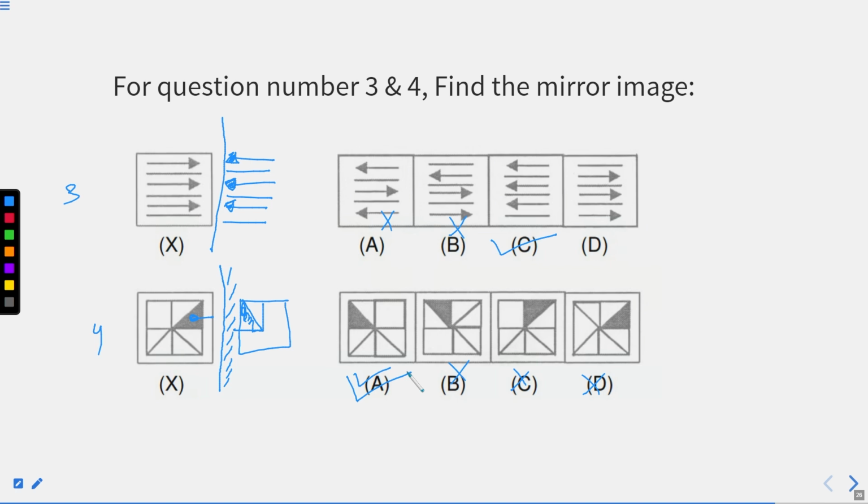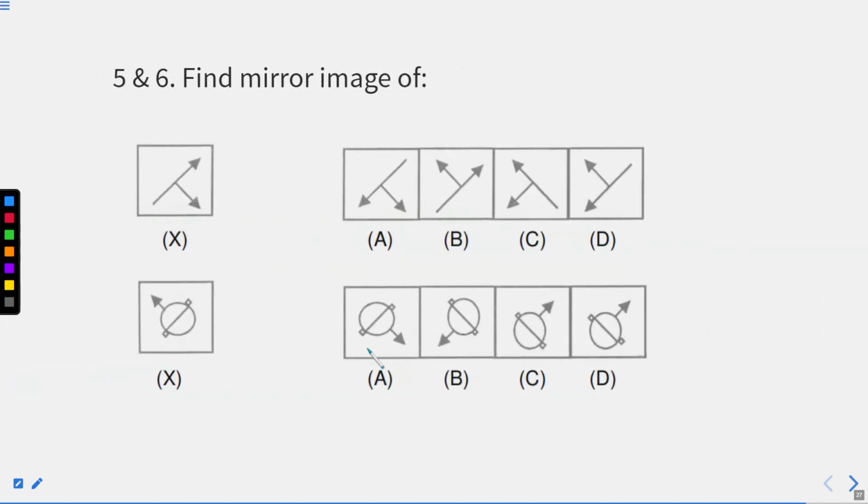We'll take a few more examples of diagrams itself, because diagrams are really important. So the procedure will be: draw the mirror. This is the mirror. Outer part, the shaded region. If this is moving in this direction, close to the mirror, this will also move close to the mirror, right? And you will find this part, right? This is moving downward towards the mirror, so move it downward towards the mirror. Now check which of the following figures your diagram is matching. Option number C is matching, so option number C is your answer.